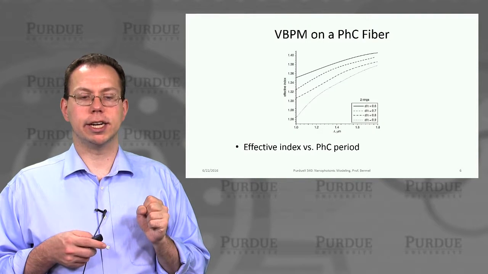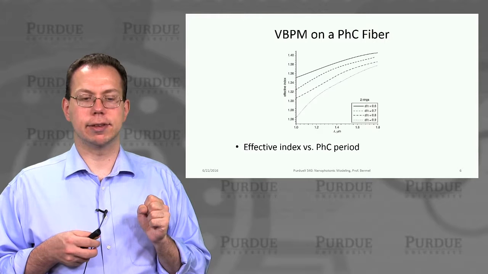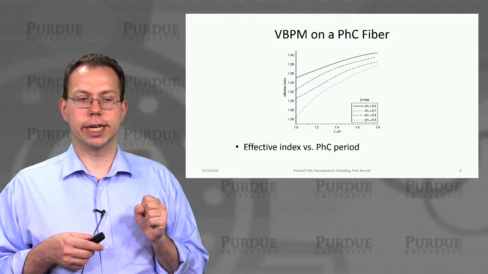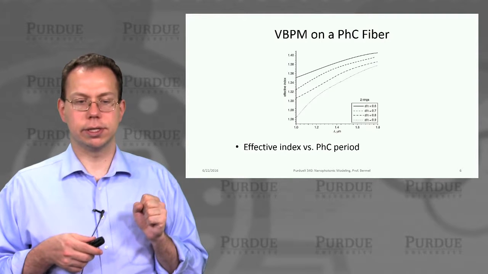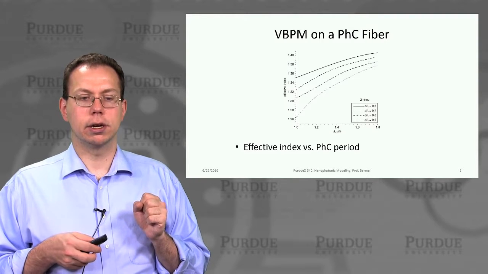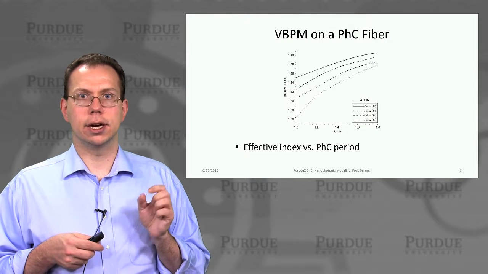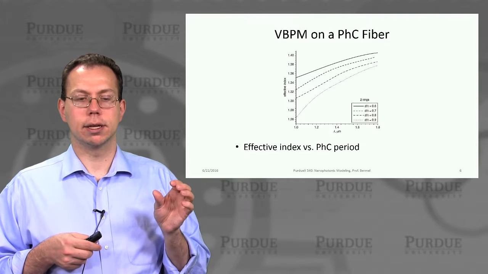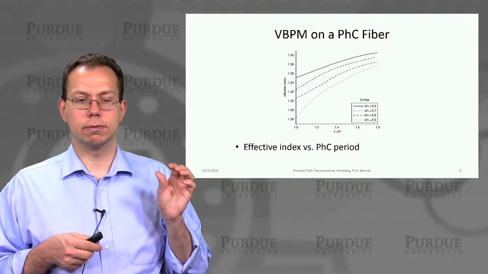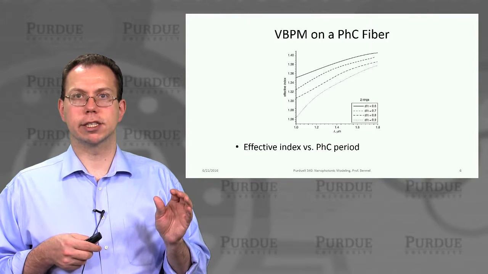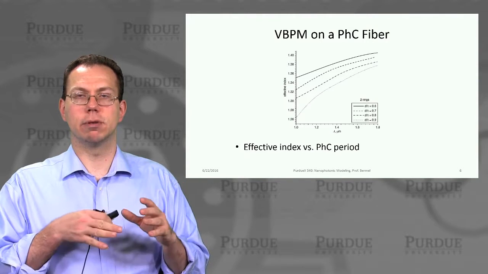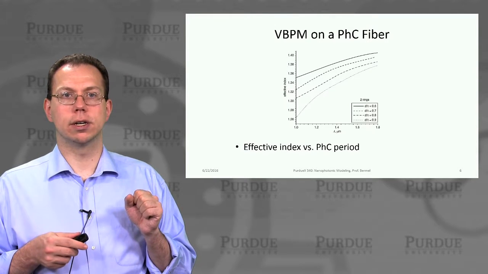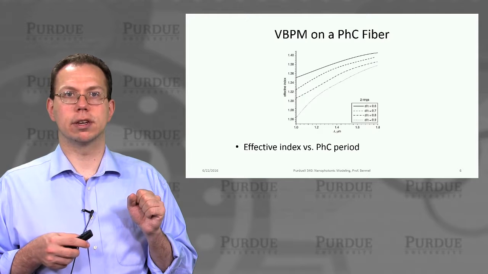And then if we look at the effective index of this sort of structure versus the photonic crystal period, then you can see that, not surprisingly, as you go to longer wavelengths, the effective index of all of the modes that we choose is increasing. Of course, D is essentially the size of the rods as a function of the periodicity of the spacing. And so for larger rods, then of course we have a lower effective index, which makes sense because we have a higher volume of a low index medium. In the next lecture, we'll actually discuss in more detail what other solutions we can get for the photonic crystal fiber.